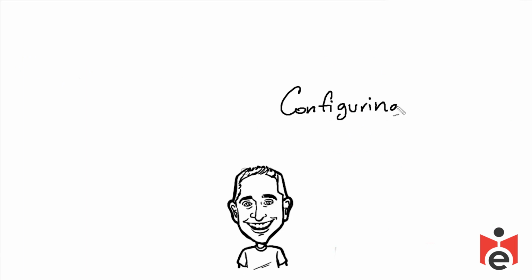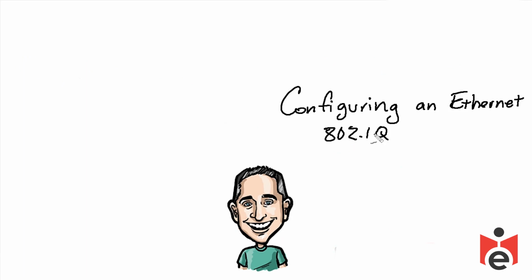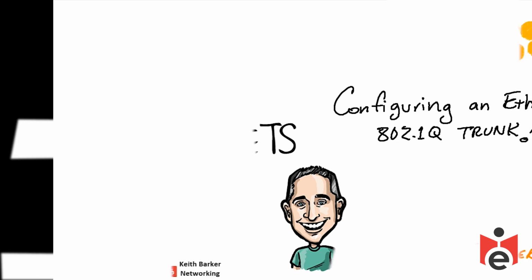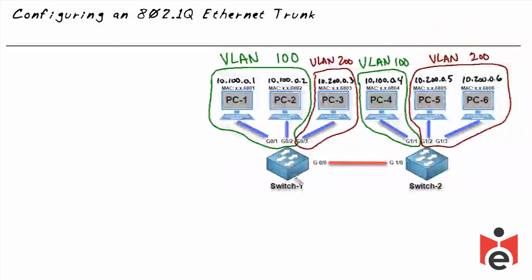In a separate video, we discussed the concepts of an 802.1q Ethernet trunk, and in this one, I'd like to walk you through step by step how to configure the ports on switches to behave as a trunk. We get to leverage the same topology that we used when we discussed the concepts, so our primary job here is to go into the configuration on switch 1 and switch 2 to these two ports, gig 0/0 on switch 1 and gig 1/0 on switch 2,